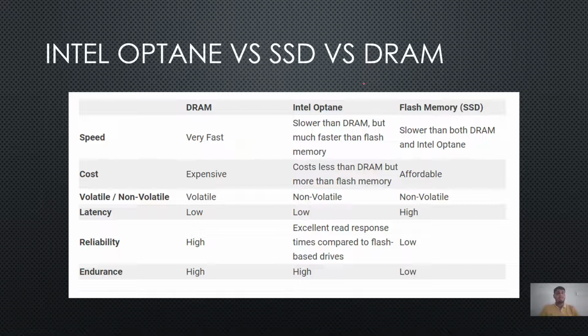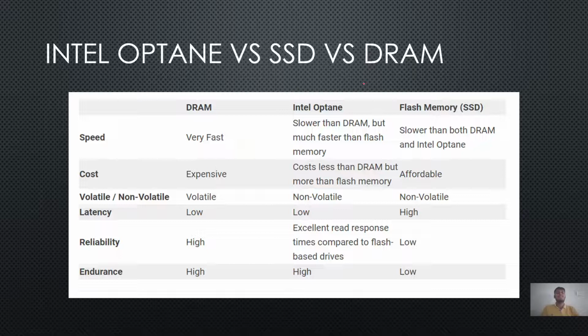Intel Optane memory is non-volatile like a flash drive, which means that even after the system is powered off, the data will be stored in the Optane memory. The latency is as low as DRAM. The reliability is excellent compared to flash memories, and the endurance is also high,